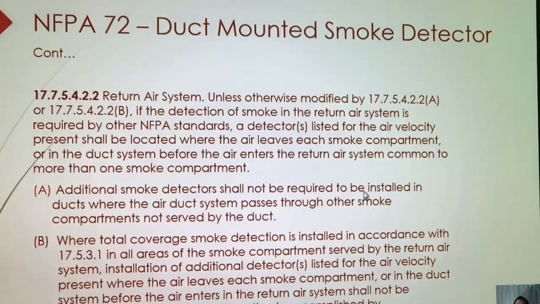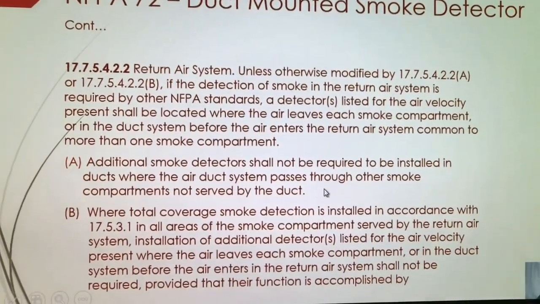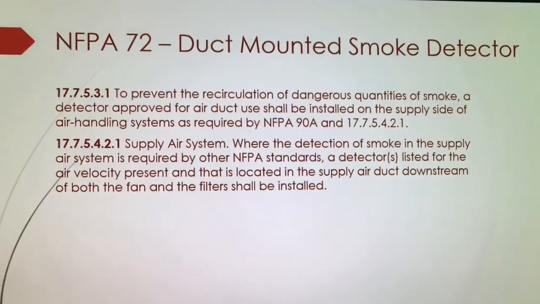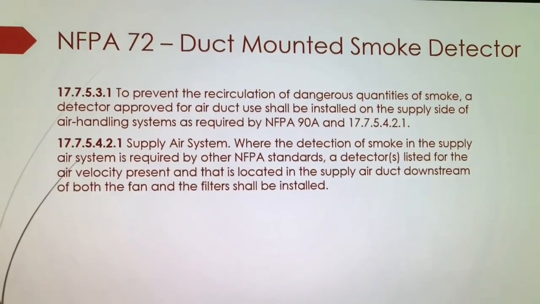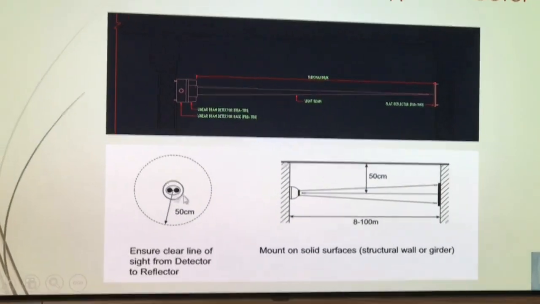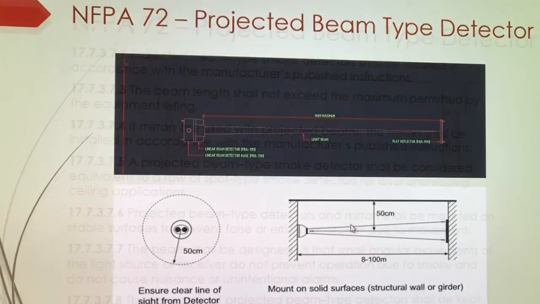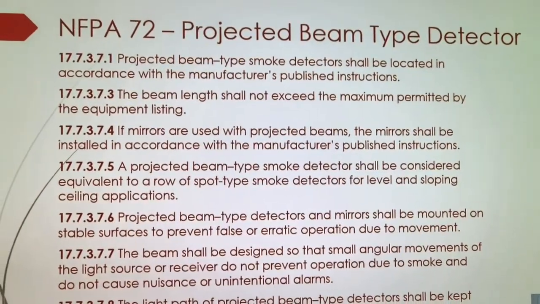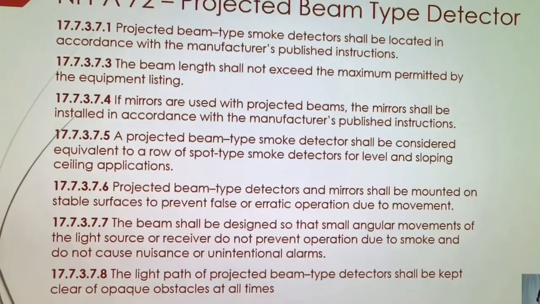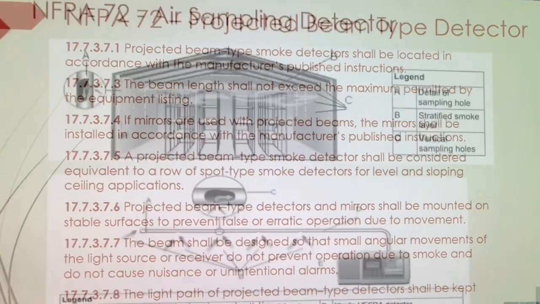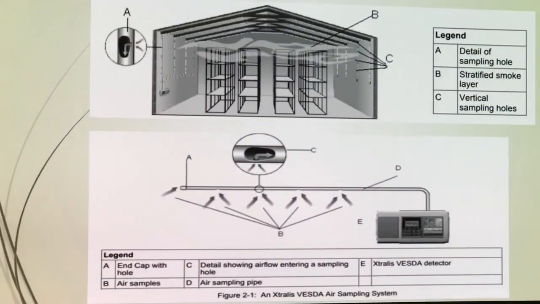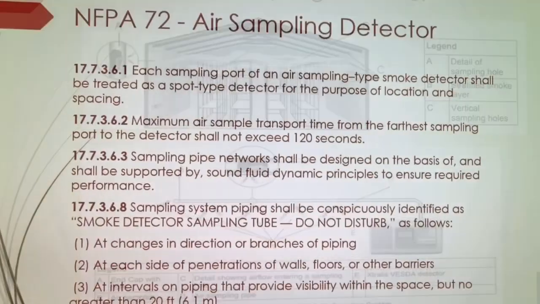Smoke detectors are not required to be installed in ducts where the air duct passes through shoulders or both. It depends based on the capacity. There should be no beams, otherwise it will raise small purpose. Or even for that air sampling detector, you will not find any, there's a lot of application where we can use this in high airflow areas, which air sampling detector